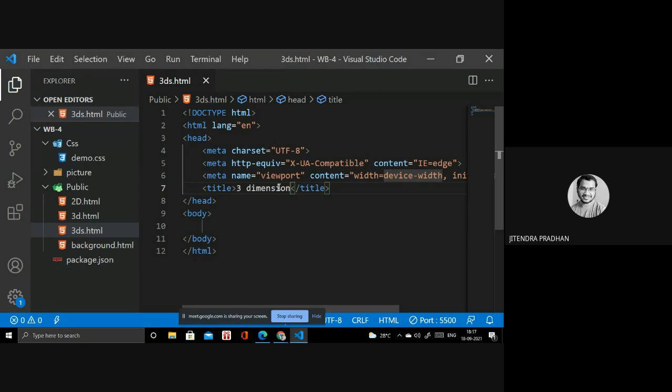But now in 3D we are using rotate3D or translate3D, and we have the skew option in 2D. I think you remember these things. In 3D we are using skew3D and scale3D, all these things the same way. I will give you an example of how it works and how it looks compared to 2D. So let's see, I'll show you.